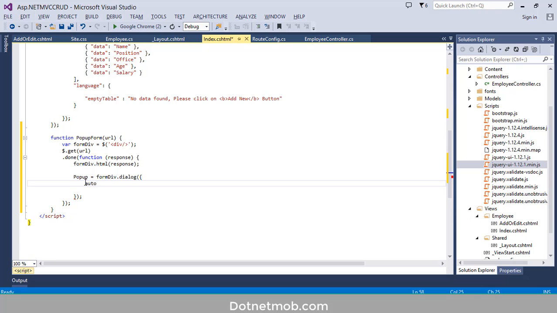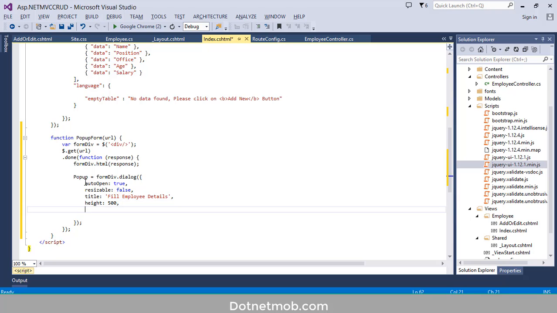First of all, autoOpen is equal to true, then resizable is equal to false, so we don't allow resizing of the form. Then title, we can set the title here. I will set it as Fill employee details. I will set the height and width here. Height will be 500, then width will be 700,